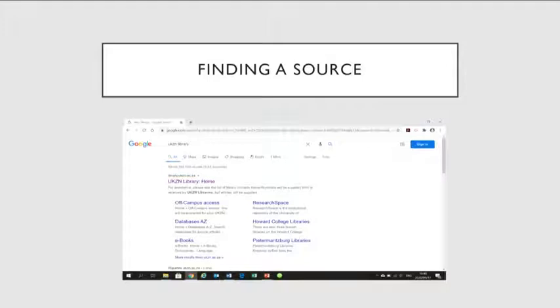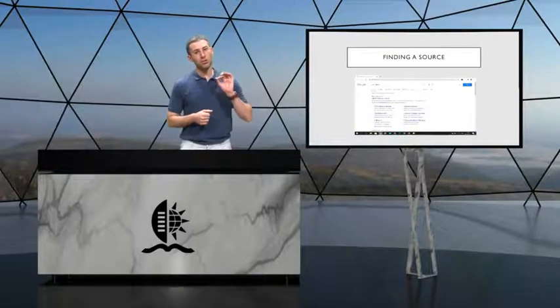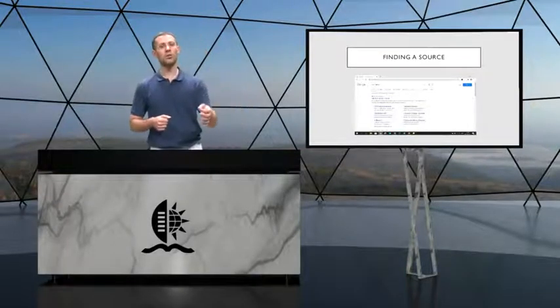You can also use this access when you are at home. You don't need to be on campus for it. You just need to log in. It'll prompt you with your student number and your password, and that will get you e-access onto the UKZN library page. So always make it a practice to look for sources through the library webpage.